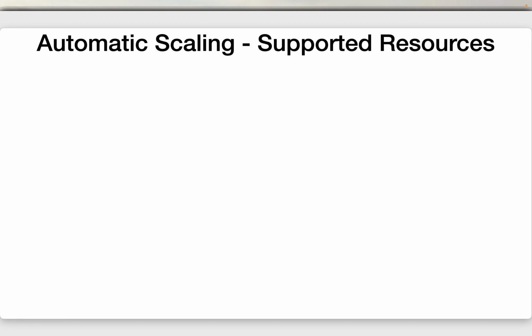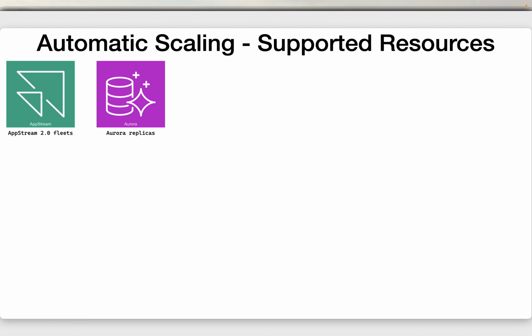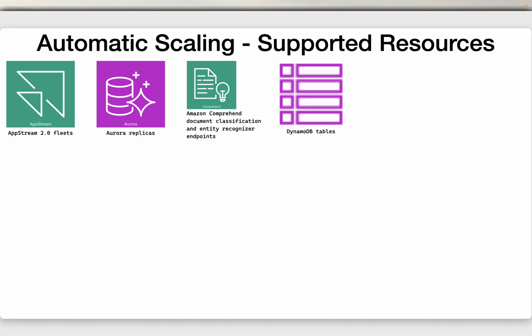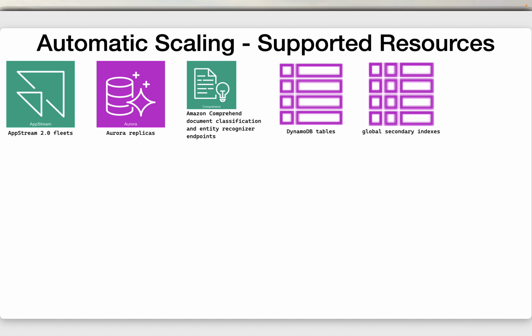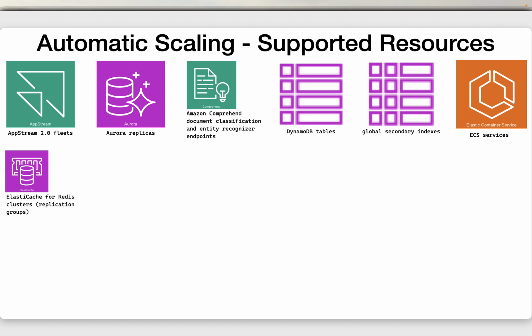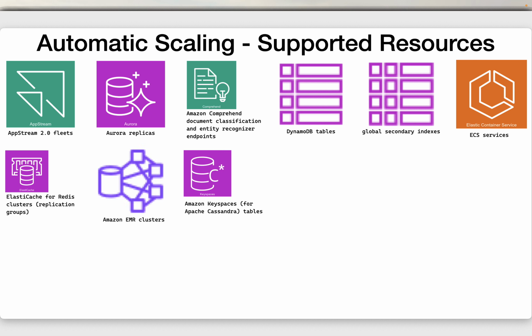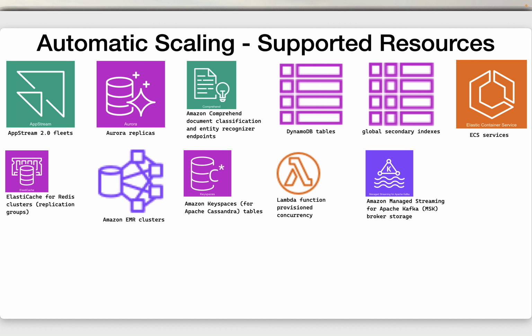So automatic scaling, which are the supported resources? Let's see. First is AppStream 2.0 fleets, second is Aurora replicas, third is Amazon Comprehend document classification and entity recognizer endpoints, fourth is DynamoDB tables, DynamoDB global secondary indexes, Amazon Elastic Container Service ECS services, ElastiCache for Redis clusters replication groups, Amazon EMR clusters, Amazon Keyspaces for Apache Cassandra tables, Lambda function provisioned concurrency, Amazon Managed Streaming